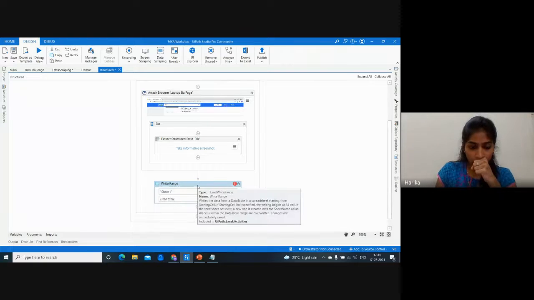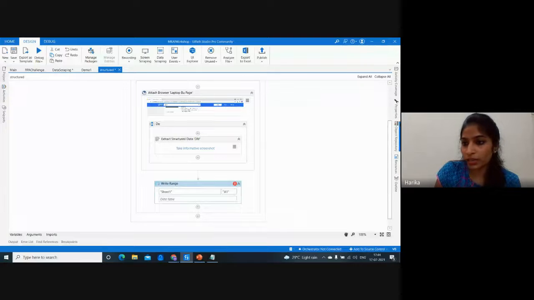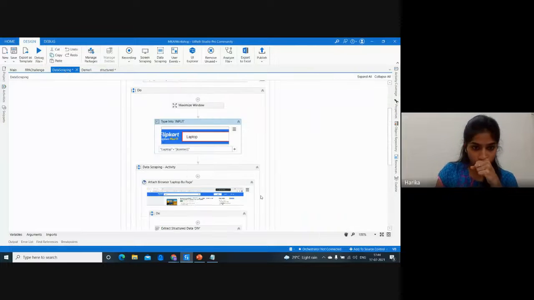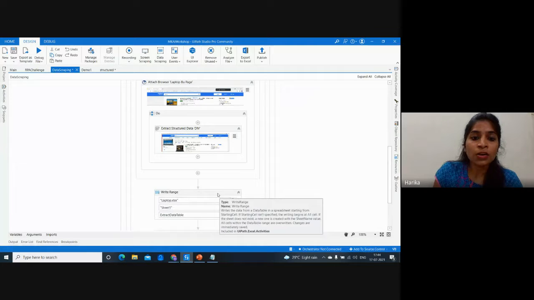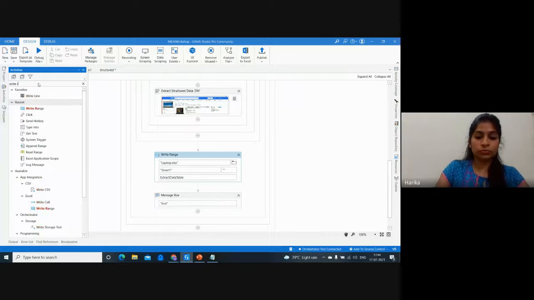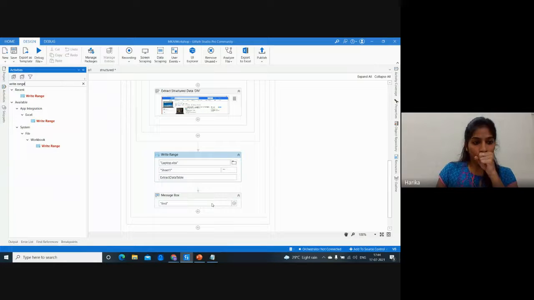I'm going to write the range into an Excel. If you do Write Range, we have two activities under it, which are Excel and Workbook, right?